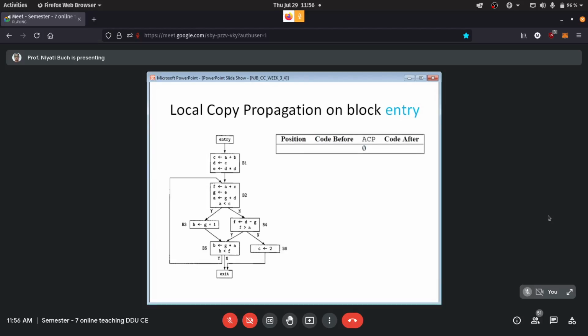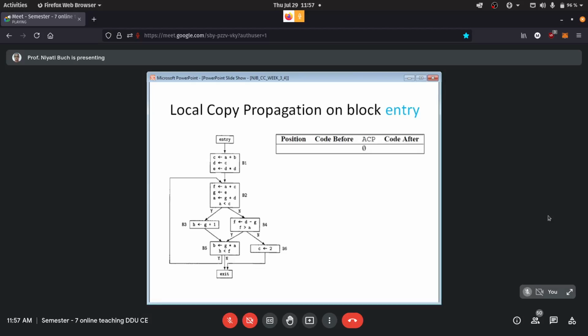In the previous algorithm, where we were talking about common subexpressions, whenever we wanted global application of the algorithm, we first applied it locally for every block. We do it in 2 phases, and this is exactly what we are trying to do here. We will apply local copy propagation on each block.